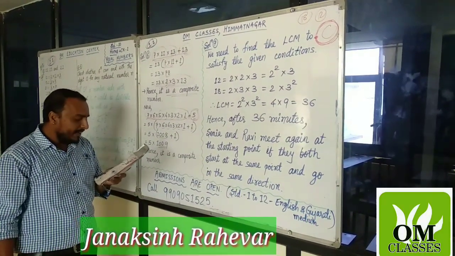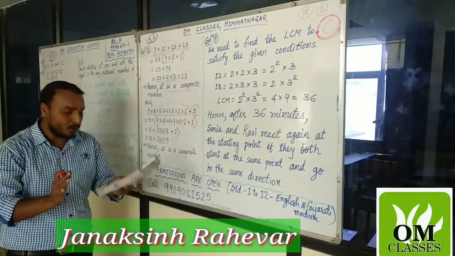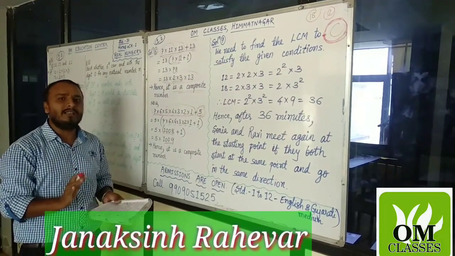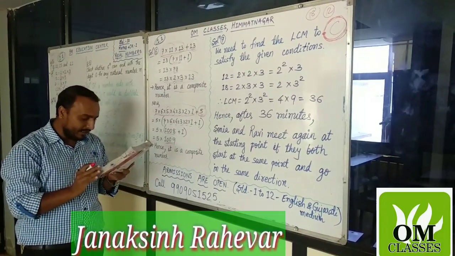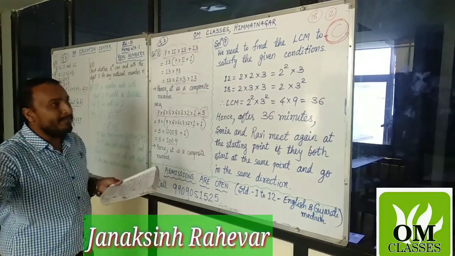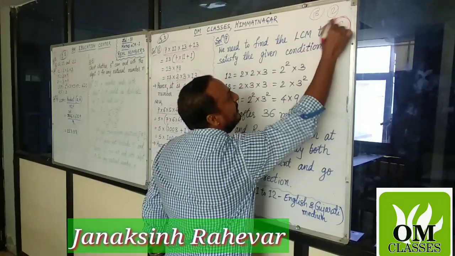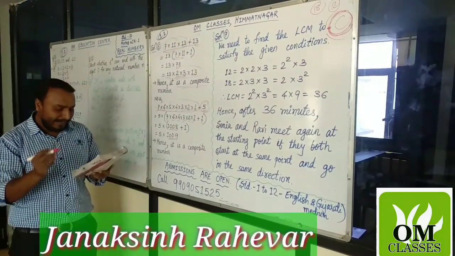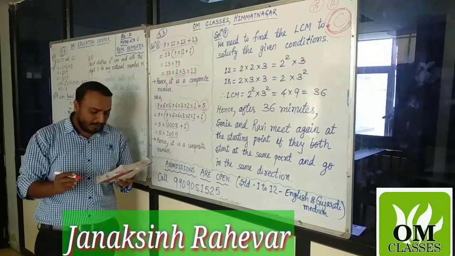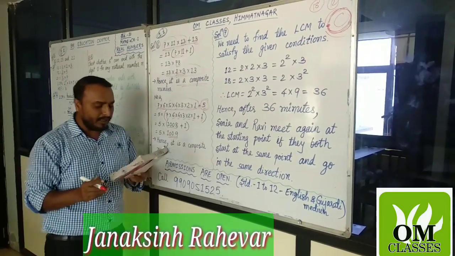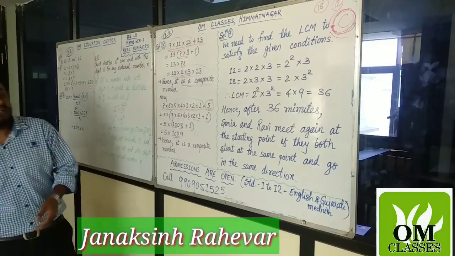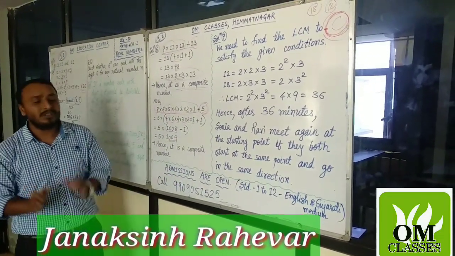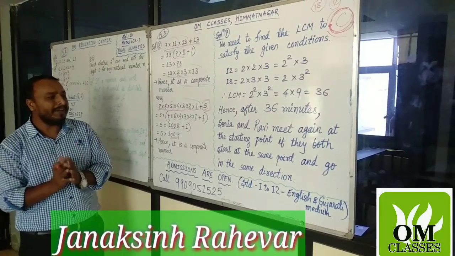Suppose they both start at the same point, दोनों साथ में शुरुआत करते हैं and at the same time, समझो कि रात के 10 बजे दोनों साथ में स्टार्ट करते हैं and go in the same direction. ऐसा नहीं कि ये कैसे जा रहा है और ये कैसे जा रहा है. Both drive in either clockwise or anti-clockwise direction. After how many minutes will they meet again at the starting point? कितने मिनट के बाद दोनों साथ में आएंगे? After how many minutes will they both meet each other?